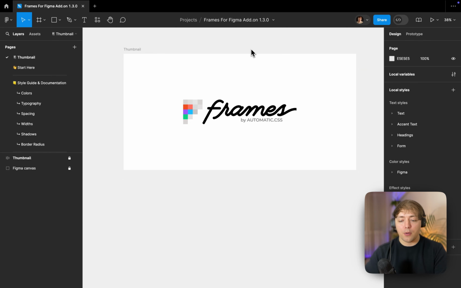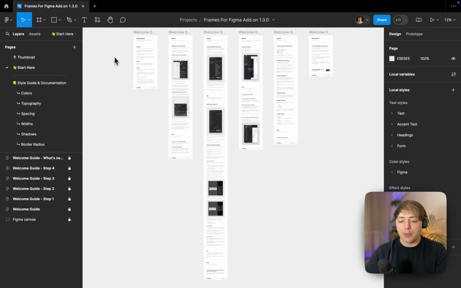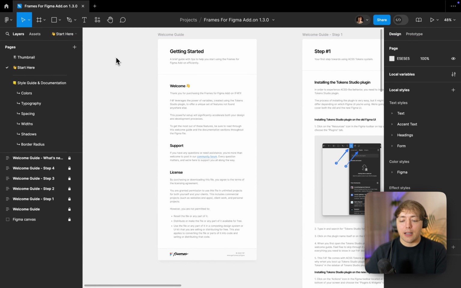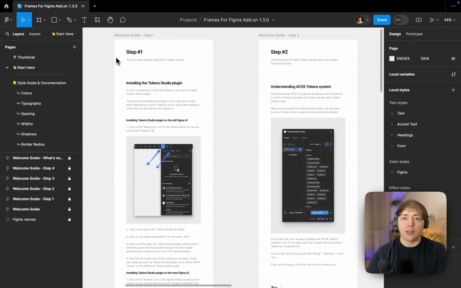Okay, so what you're looking at right now is a Figma thumbnail. This is the first page for the Frames for Figma add-on. The next page is the Start Here page. This is basically the documentation. Step by step, we take you by the hand and show you everything that you need to know. It's pretty easy. We try to make it